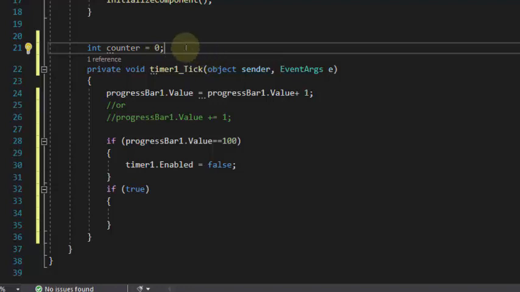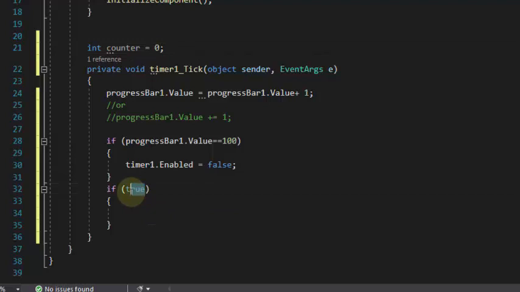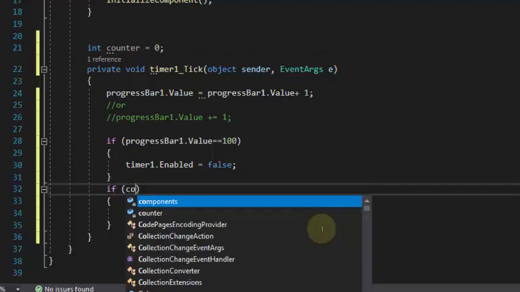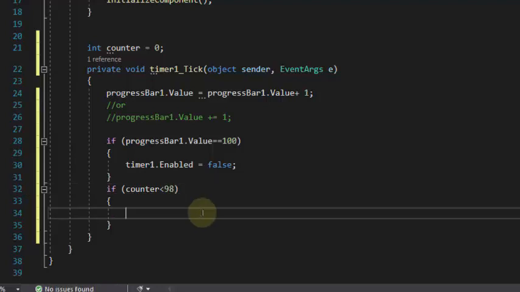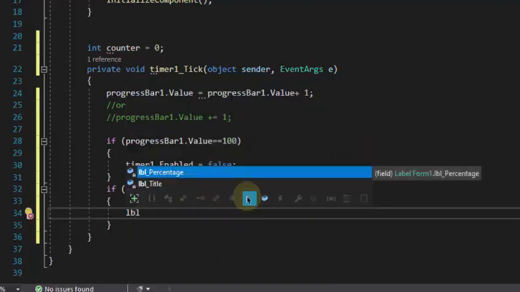I'll make it equals to 0, and here I will just tell that if the counter is less than 98, then label percentage